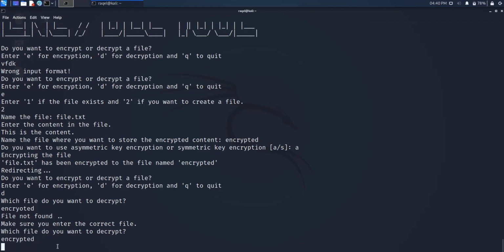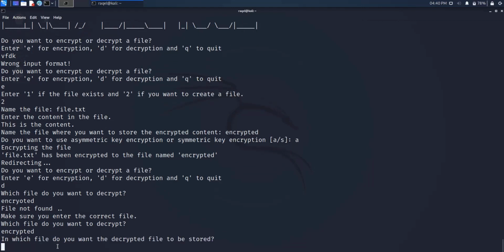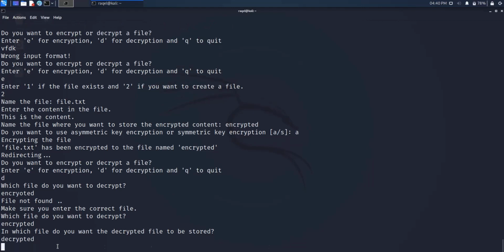Encrypted. Enter. In which file do you want the decrypted file to be stored? Now let's keep the decrypted file in the file named decrypted. Enter. So enter A if asymmetric key is used while encryption, and S if symmetric key is used. We just used asymmetric key encryption, so while decrypting as well, we have to give asymmetric key. So let's enter A,